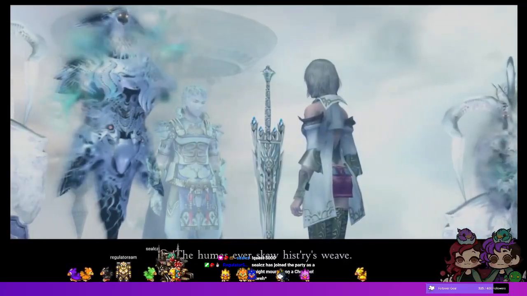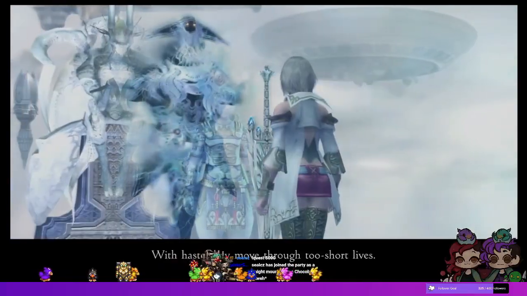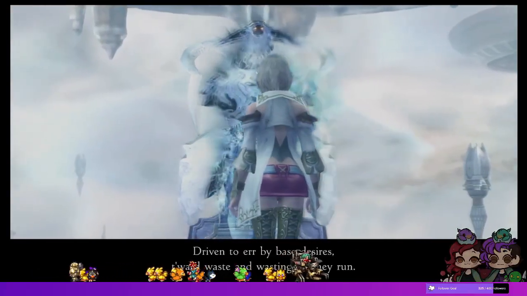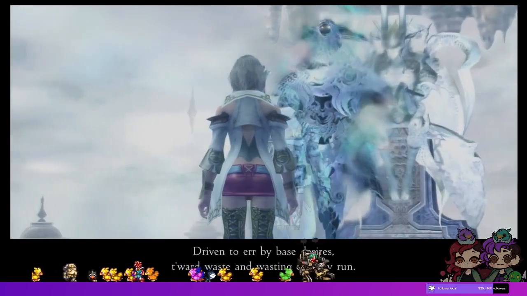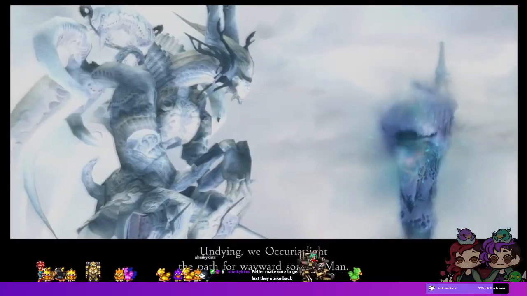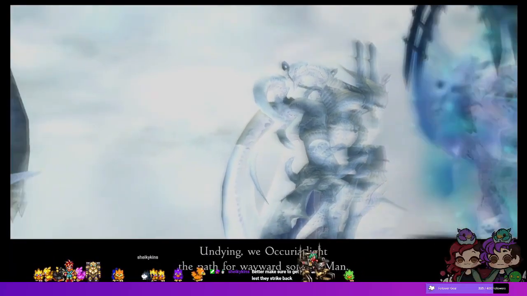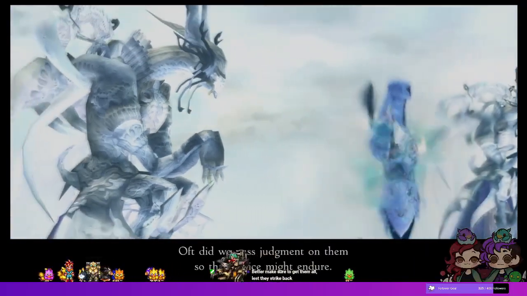The hues ever skew, history's weave. With haste, they move through too short lives. Driven to there by base desires, toward waste, and wasting, on they run. Undying, we Ocurian light the path for wayward sons of man. Oft did we pass judgment on them, so that Ivalice...